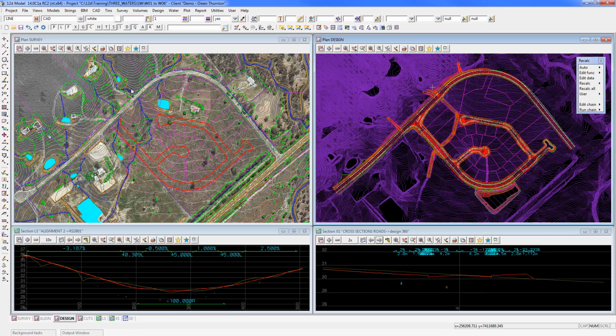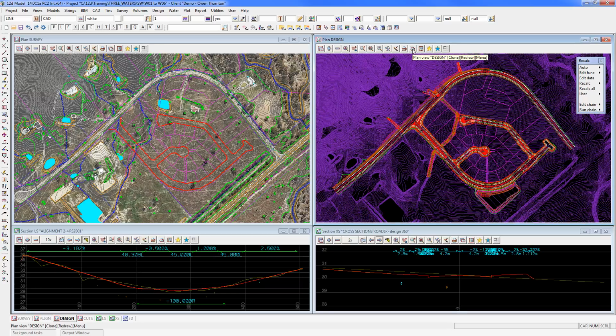You can leave these survey and design views as they are. I personally prefer to create a brand new view for drainage design or stormwater design in particular, and leave the original views that you might have already set up intact. There's lots of different ways to create views, but if you've already got a view that's nicely set up like this design view, you say, well, I want to create another view with the same properties. You can do it with the gold star if you've got a view favorite for a view like this. But an easier way is just to the left of the gold star, two icons to the left, there is